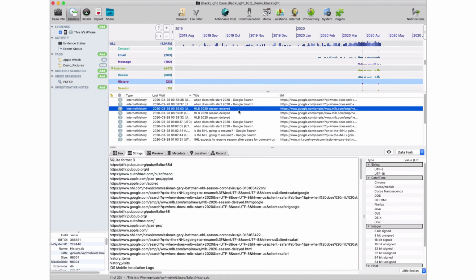Now, if you noticed, as I clicked on this item, there is a little vertical bar here. And what that vertical bar corresponds to is the actual time in the timeline that this specific item that I've selected corresponds to. So this is extremely powerful to be able to really narrow things down and get